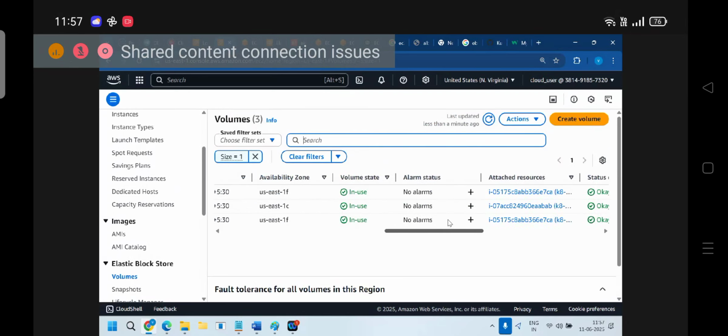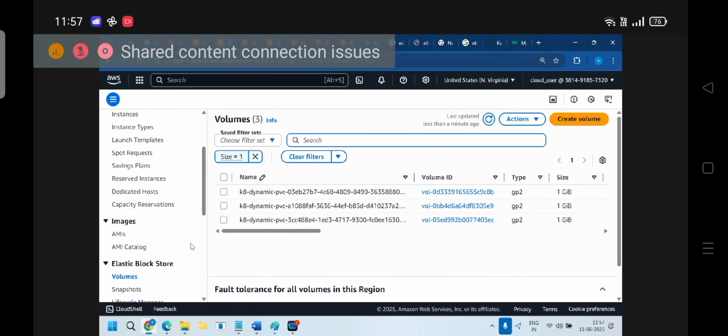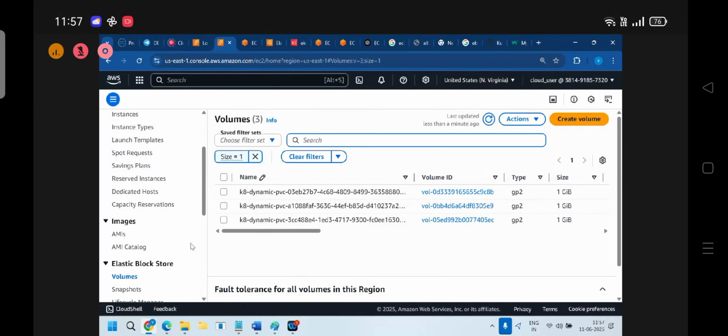Clear. So now tell me, if the cluster is deleted, will the volume be deleted? No. Even if the cluster is deleted, this volume is persistent. It is an additional volume. Will any volume be deleted? No. The thing is, the final validation is